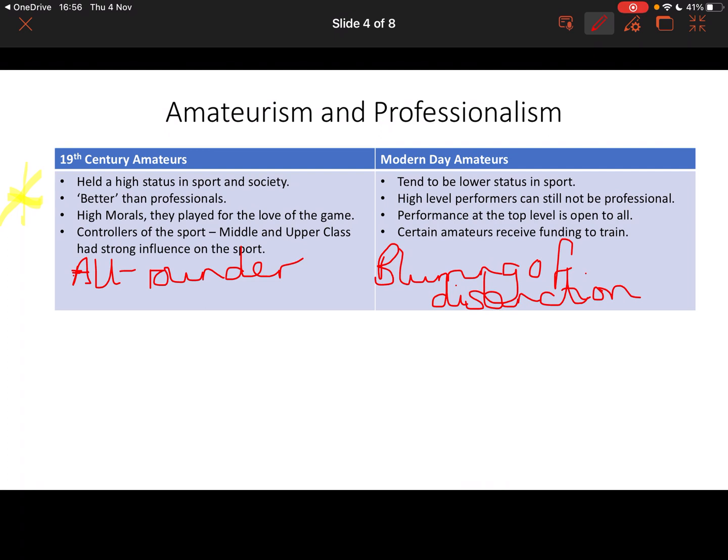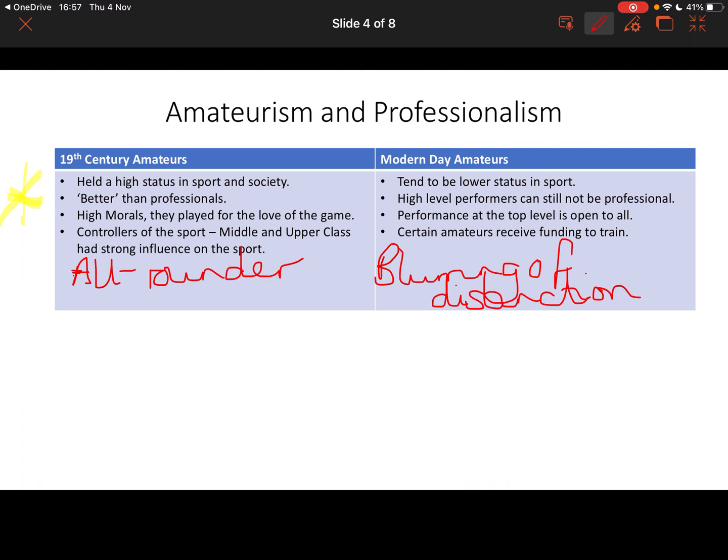Another really good example from more recent times is the rise of Emma Raducanu in tennis. When she competed at Wimbledon in the summer of 2021, so this summer, she'd literally just finished her A-levels a few weeks before. So really, even though she was in the Wimbledon Championship, she was pretty much an amateur tennis player. And then obviously a few months later, she went on to win the US Open title in New York. So again, the performance at the top level is open to everyone. If you qualify or get a wild card, you can compete against world-class performers.